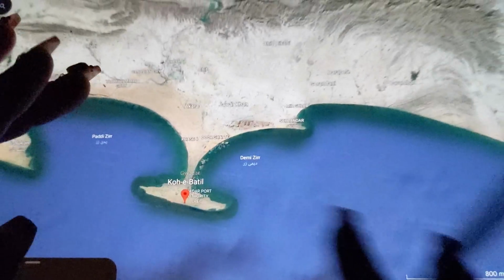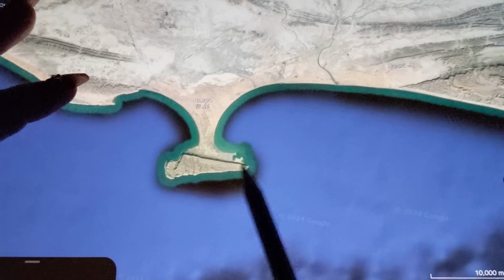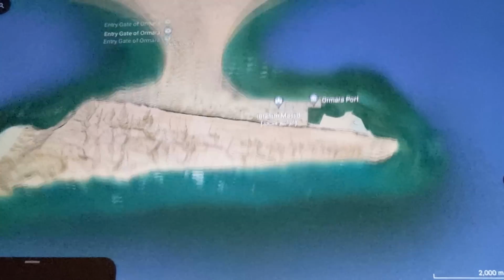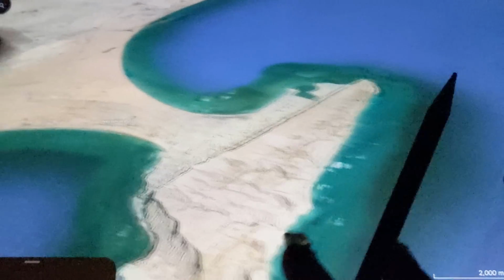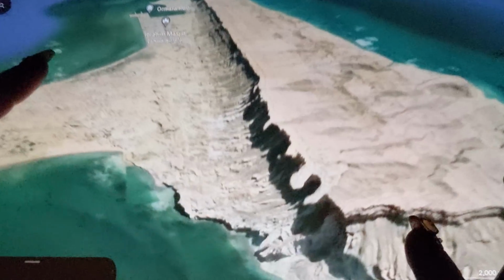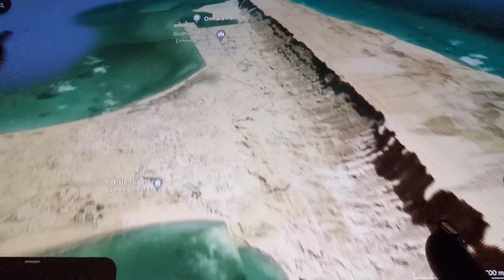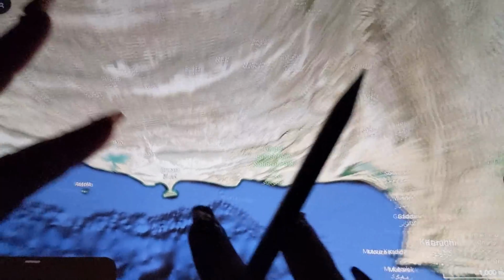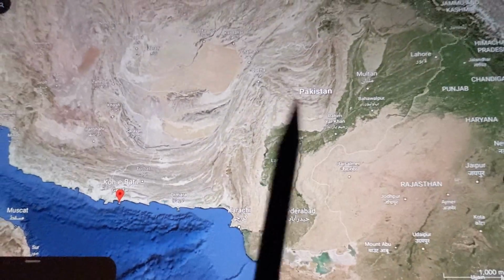So neat. And there's another one over here. Moving down, moving down. See, look, there's another one. But there's no major cities on this one. I mean, that's Omara, but it's not as big as Gwadar. But look at that cliff. Spectacular. Not to diminish Omara, it's just that it didn't pop up in my research at all. But I know it's there.